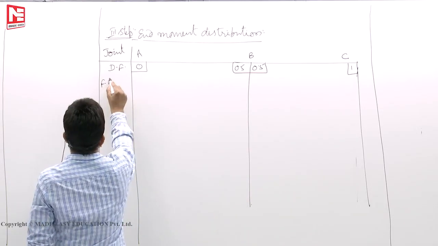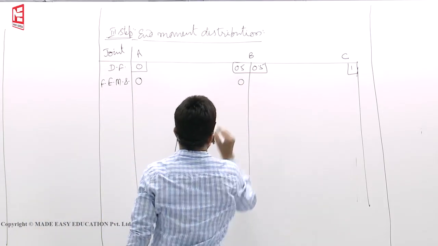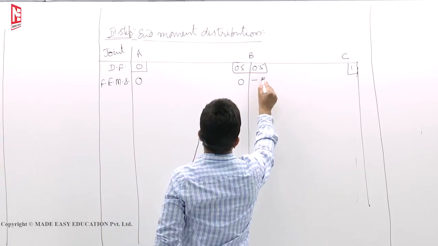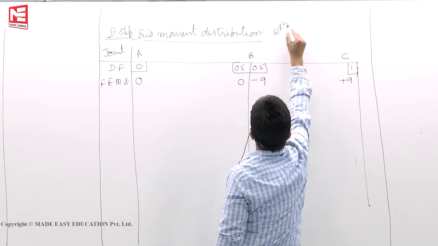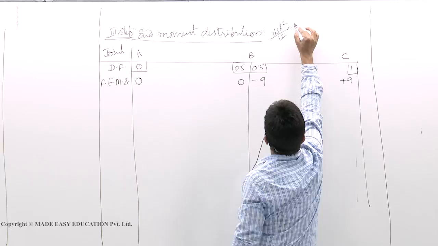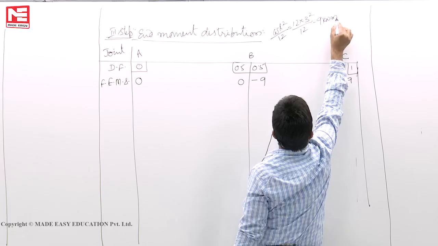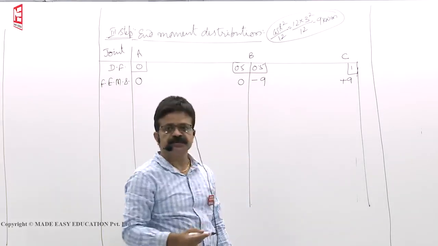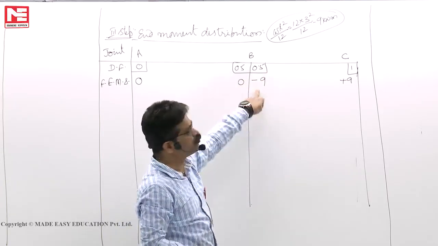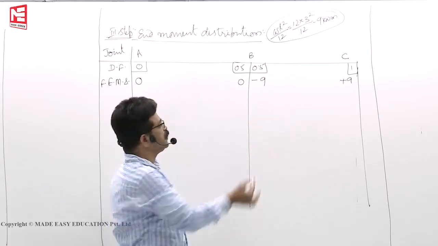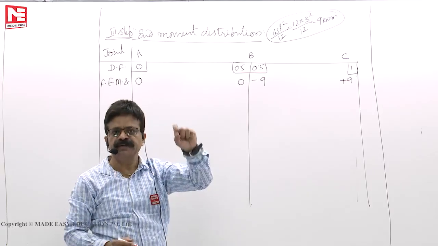Now let us see. These are the fixed end moments. MF AB 0 here, 0 here. MF BC minus WL square by 12, minus 9, plus 9. If you forget how it comes, this is the formula. WL square by 12. W is 12, L is 3, square by 12. This 9 comes like this. We should not write in the rough work that MFB says minus WL square by 12, so minus 9. That will waste our time. Minus 9 plus 9. These are all the fixed end moments or the locking moments required to make the slopes